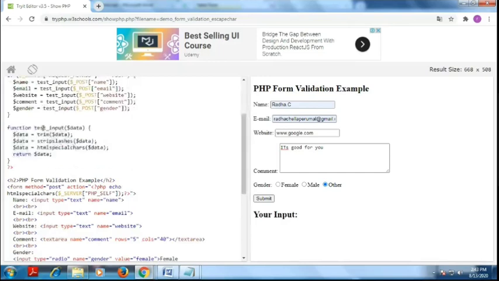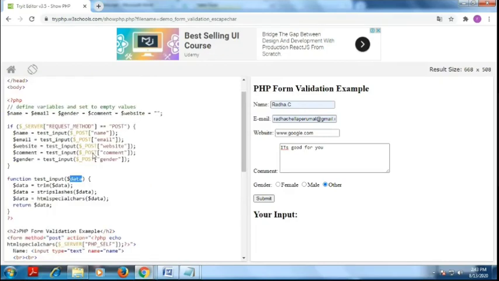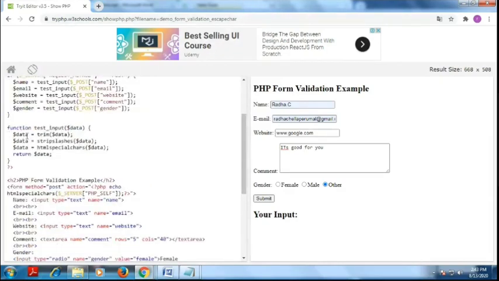See, like this, if I get the test input of data, I have to create one function, function name. Data is the parameter. Already we saw functions; we have to pass the parameter. Now I pass the parameter data. Okay, open the braces, data is equal to trim of data. What is the meaning of this?